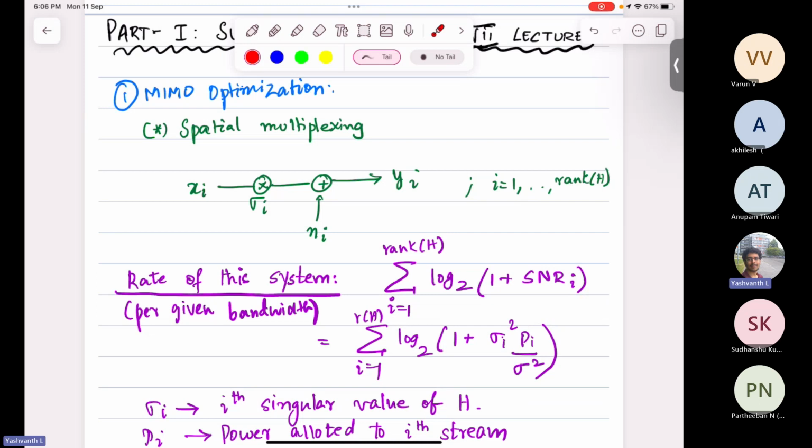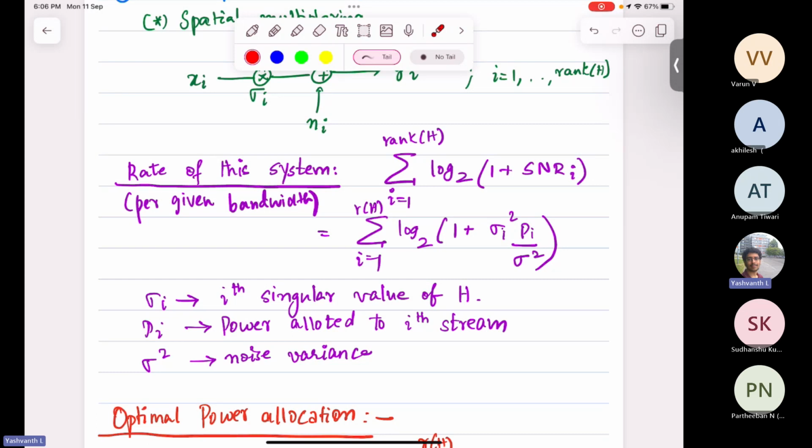Sigma square is basically the noise power, and sigma_i square is a channel gain that multiplies P_i divided by sigma square, so it just gets squared up. So now this is the achievable rate. You see, sigma_i is the singular value of the channel